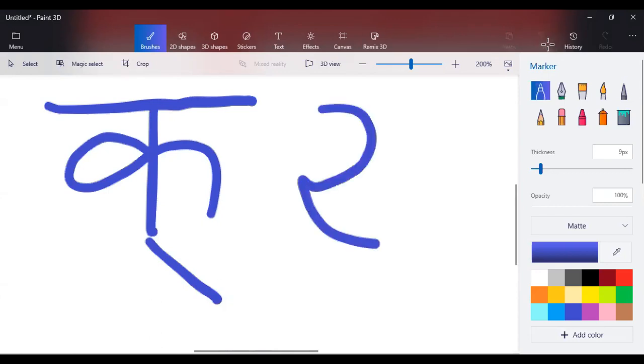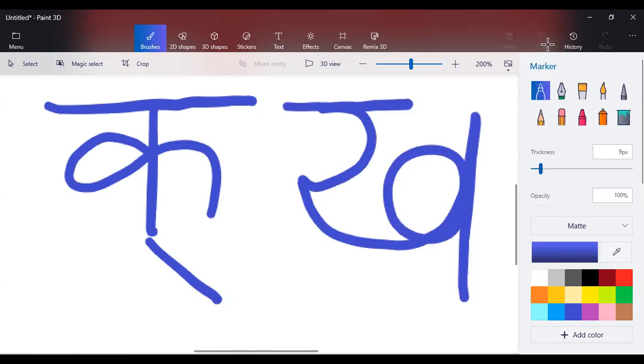Similarly, the next letter, kha. If you remove the vowel part, a, then it will also look like this. So these consonants cannot be pronounced without the support of vowels. The very sound stops at the place of pronunciation. Ka, ka, the first class, the place of pronunciation is the throat. If you remove the vowel part, then that very effort stops at the place itself. You can't pronounce it.